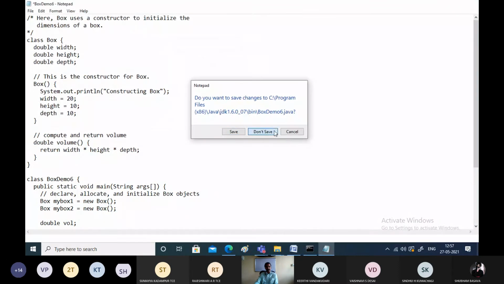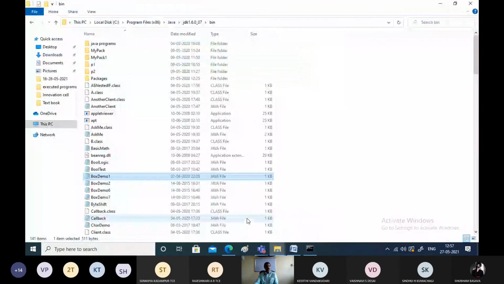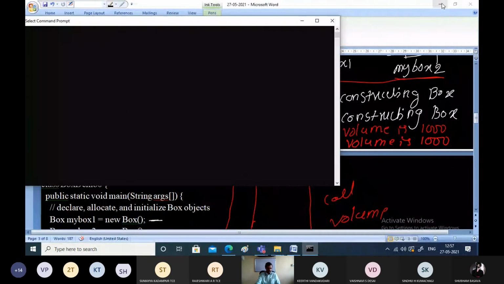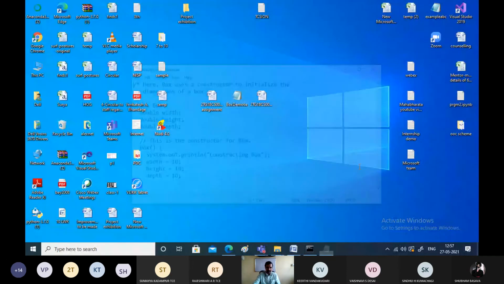Whatever values you change, it will get assigned to that. I'm just changing the values of the program. Just wait. Box demo 6A. I have just changed it.